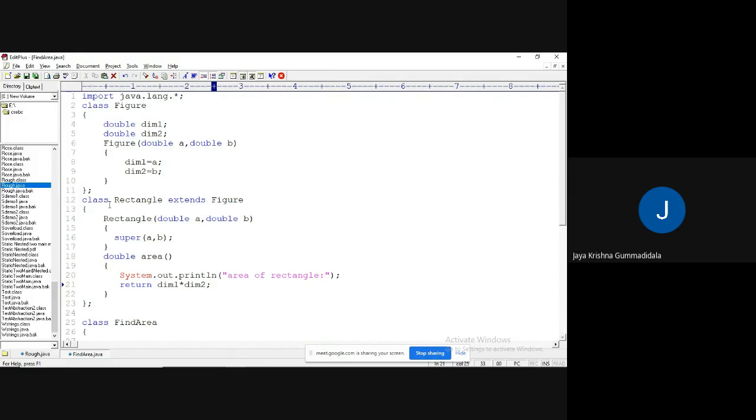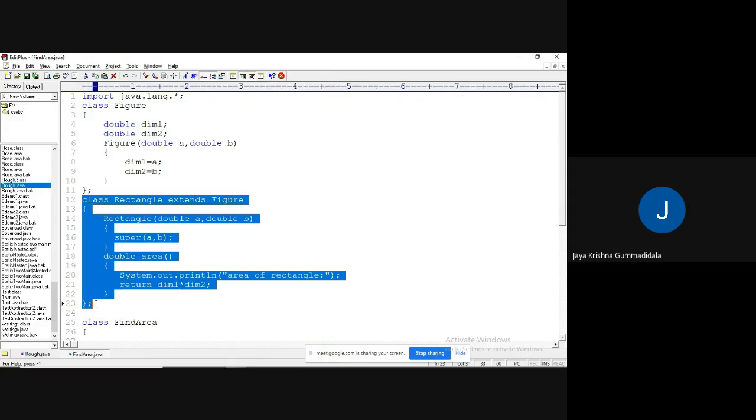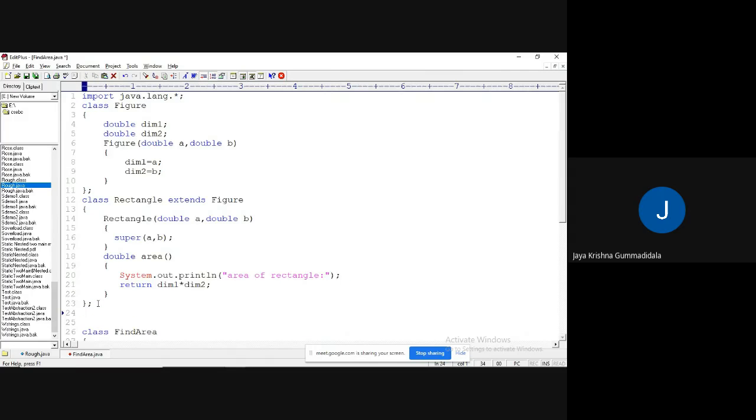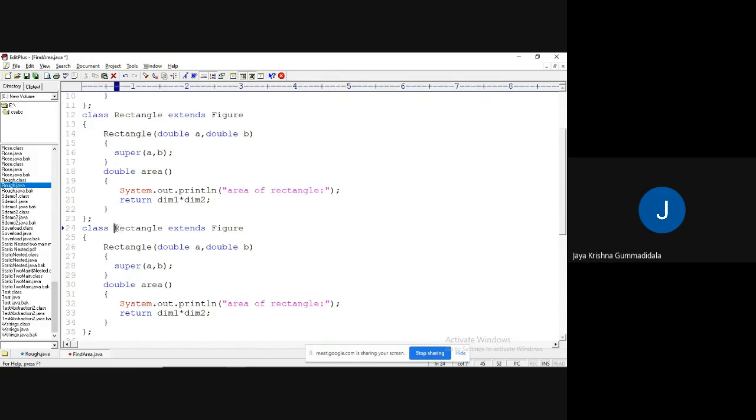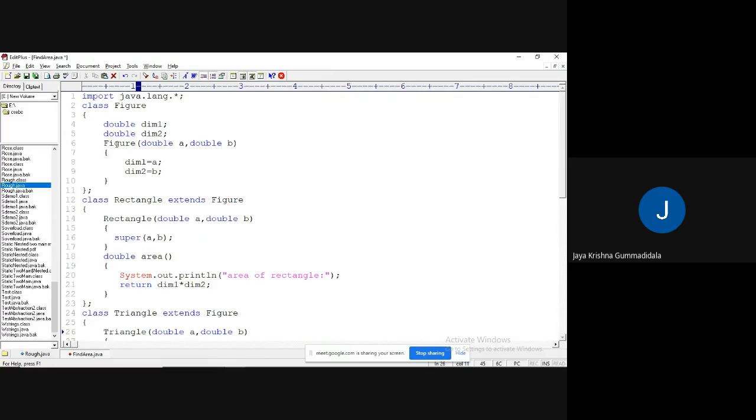Similarly, I am going to extend one more class called Triangle, which extends the same Figure. Here it is going to have a Triangle constructor, so that whenever we pass two values with the help of a Triangle object, it passes those values to initialize dimension 1 and dimension 2.